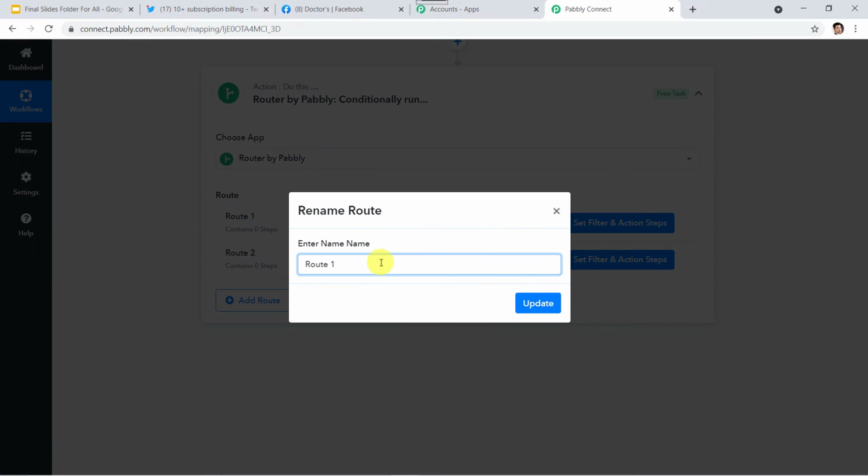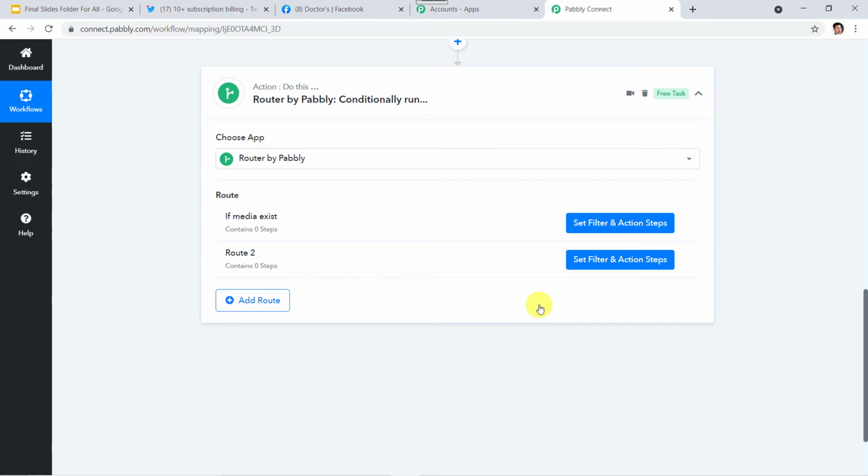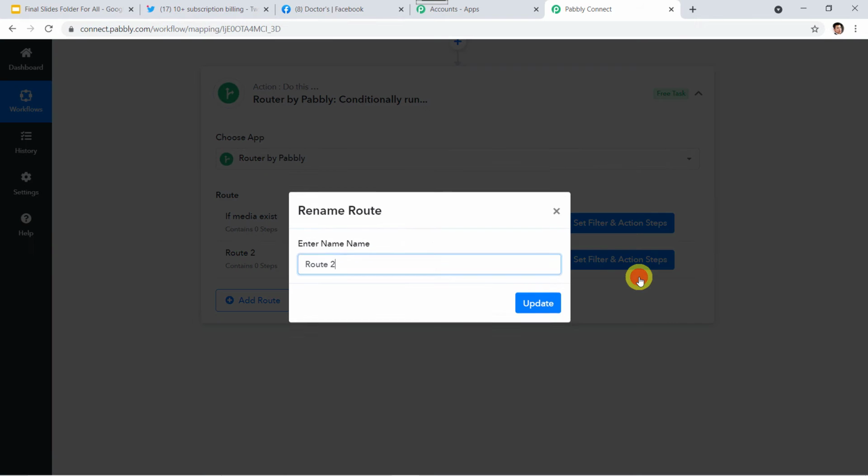I'll click on rename, and route 1 I'll name as "if media exist." I'll click on update, and route 2 I'll rename as "if media not exist."